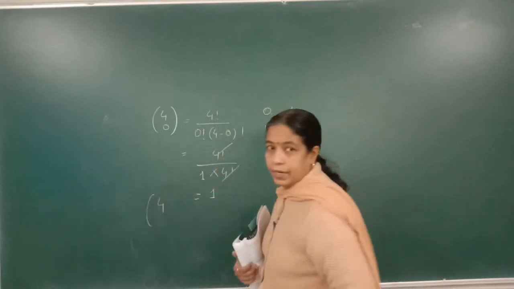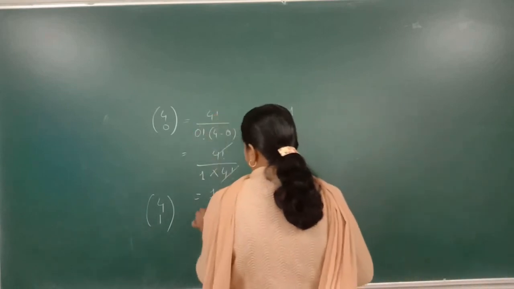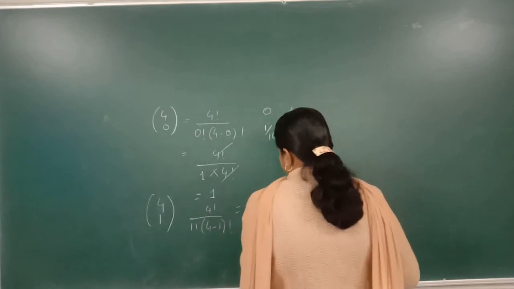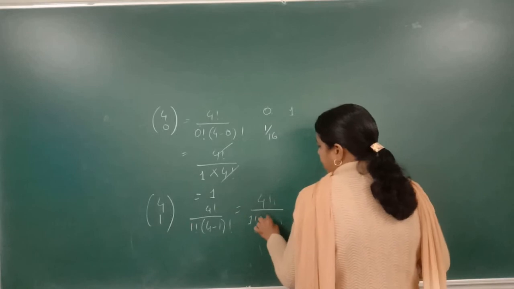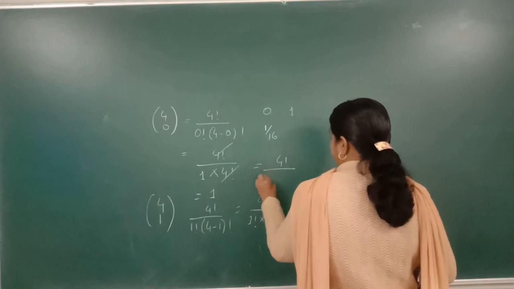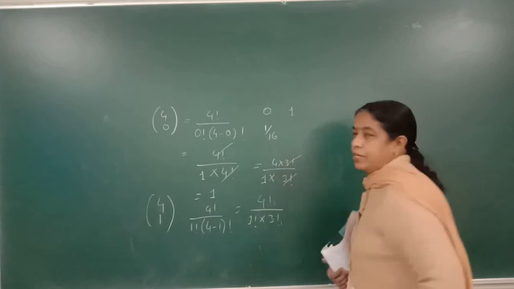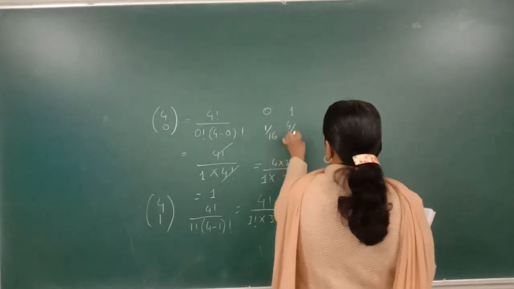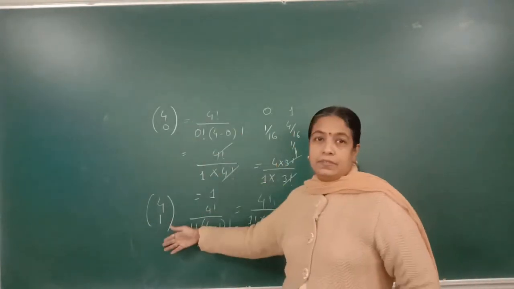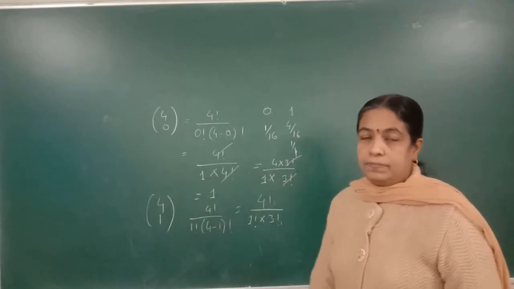Now we will take one head. The total is 4, isn't it? Now we have to find the probability of 1 head out of it. Continue here. 4 factorial upon 1 factorial into 4 minus 1 factorial, which remains 1 factorial into 3 factorial. The 4 factorial, 4 into 3 factorial, cancels. How much remains? 4. So it is 4 upon 16, that is 1 upon 4. Got it? So you have to remember these things. In the next lecture we will see the further part of this. Okay? Thank you.